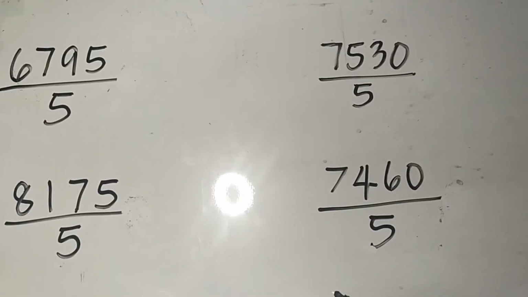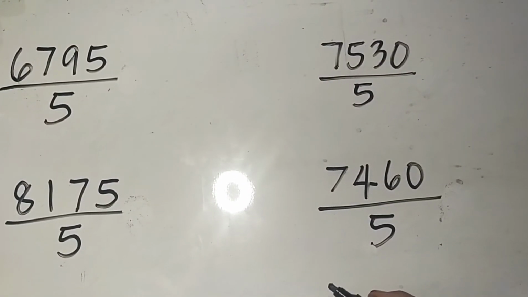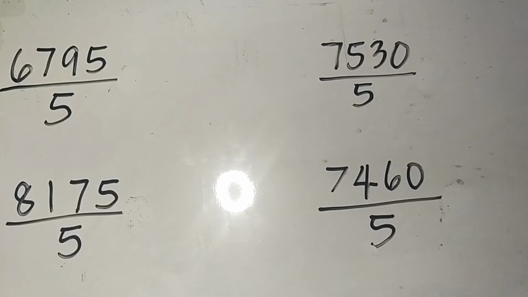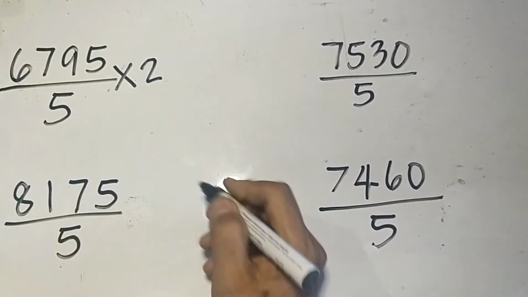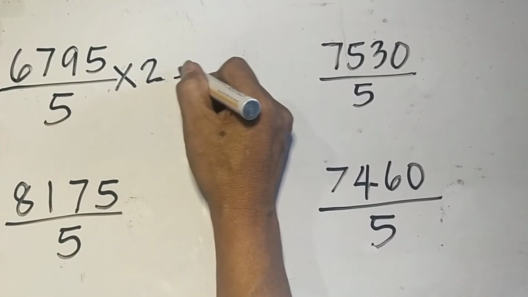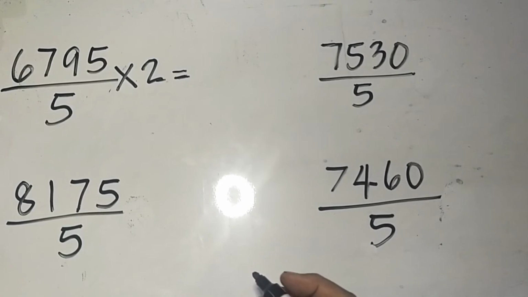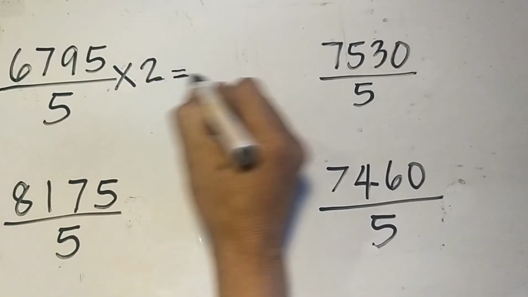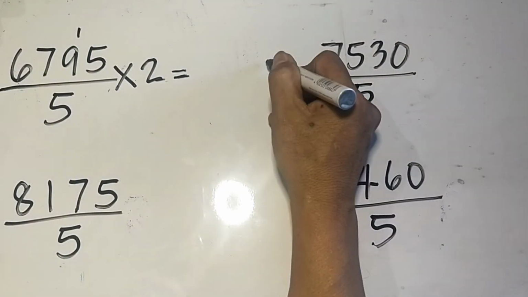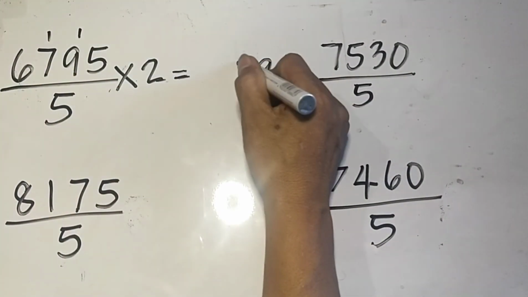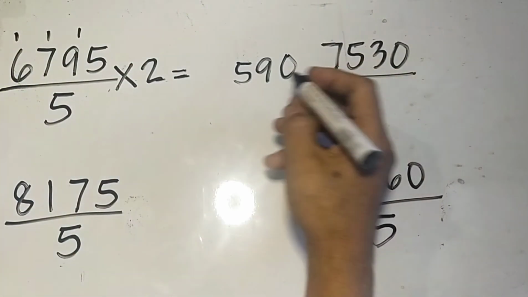Okay, let's go dividing numbers by 5 using shortcuts. My method of doing it as a shortcut is by multiplication. So instead of dividing, I will multiply it by 2, but still the result will be a result in division. Okay, so we have 2 times 5, we have 10, carry 1, 19, carry 1, 15, carry 1, so we have